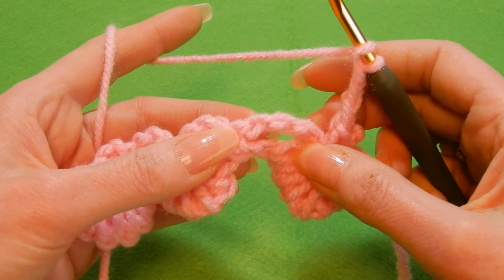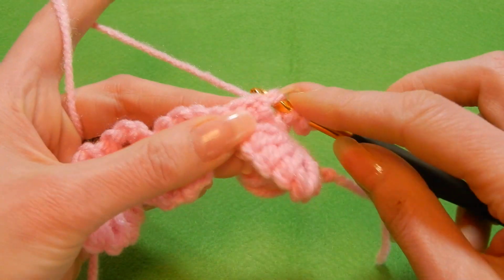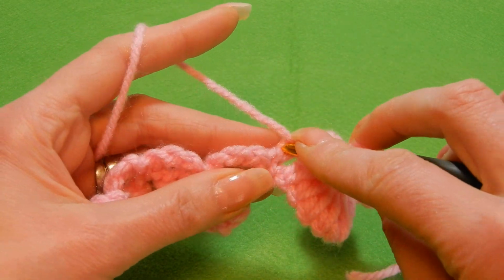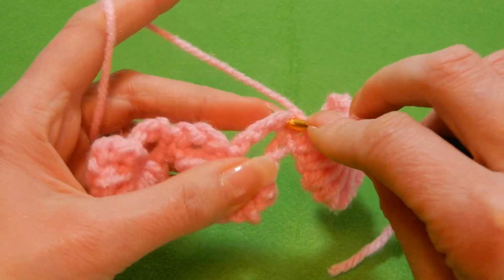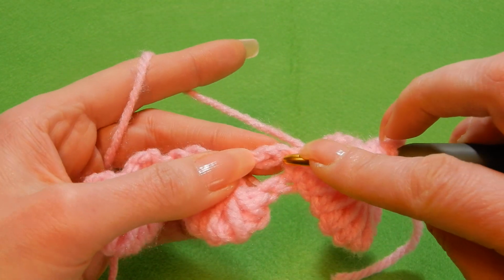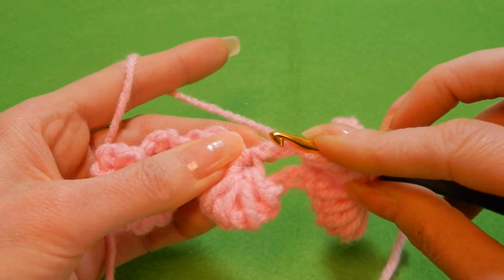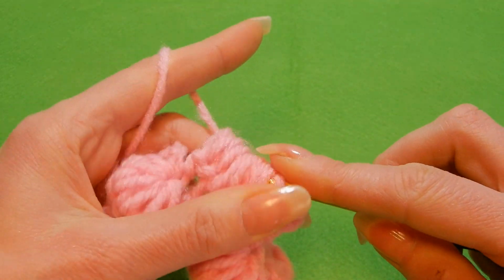So yarn over the hook, you're gonna go to the first chain here, and you're gonna start picking up loops. So once, move to the next chain, pick up a loop, the next chain, pick up a loop, yarn over the hook, and we have the single crochet here, so we're gonna go through that single crochet and pick up a loop, and you move to the next 3 chains and pick up loops. So the next chain, pick up a loop, next chain, pick up a loop, and the last one here, the chain, gonna pick up a loop, then yarn over and pull the yarn through all these loops,